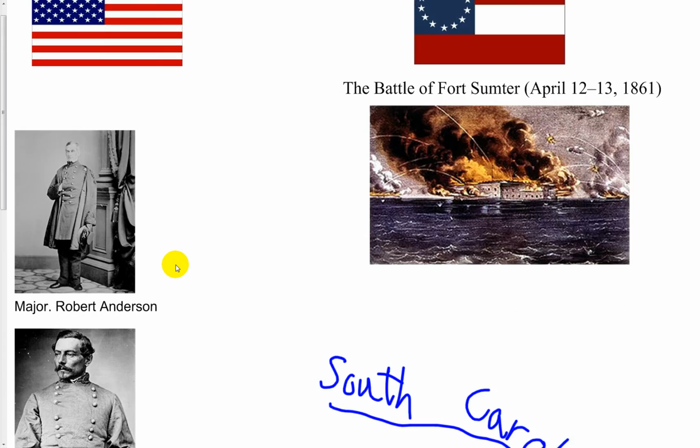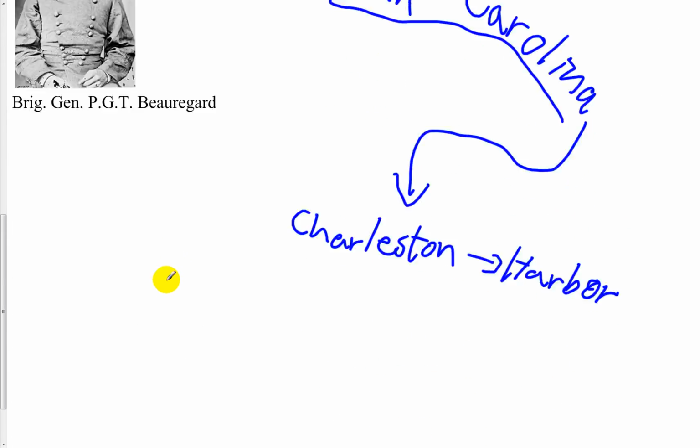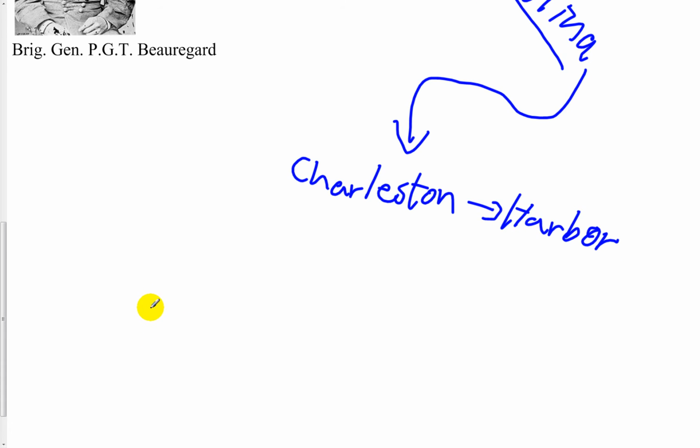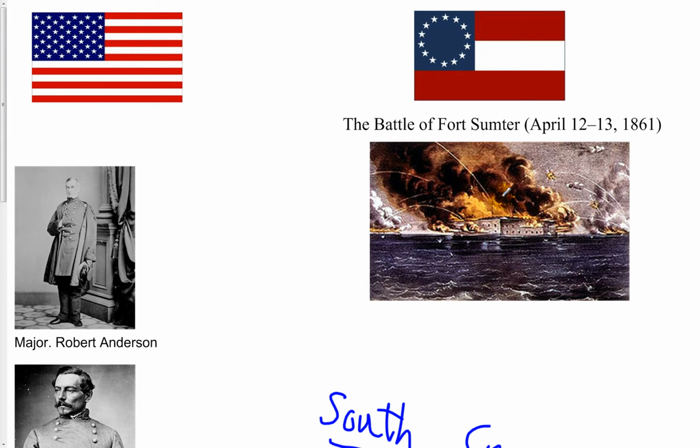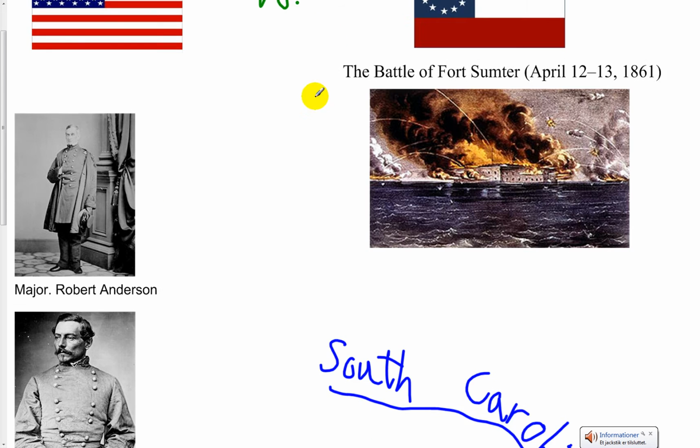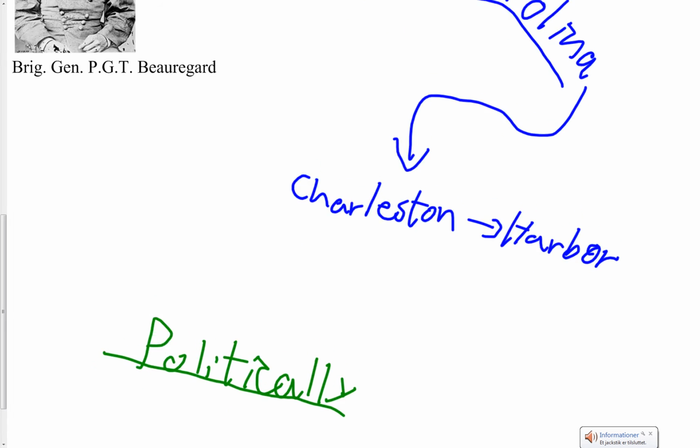Politically, the first one to strike showed a bit of aggression, of the two sides. None of the sides really wanted to fight, but eventually,